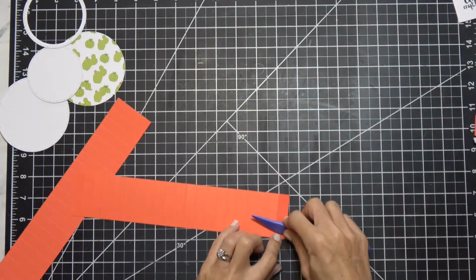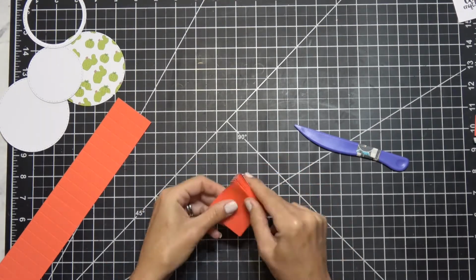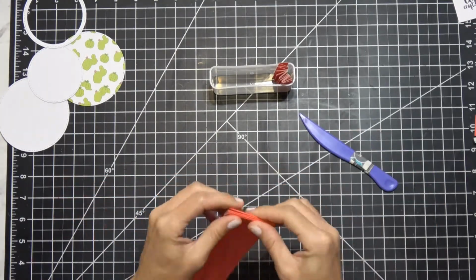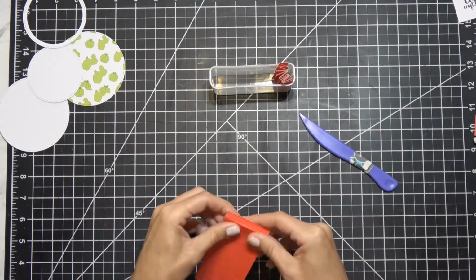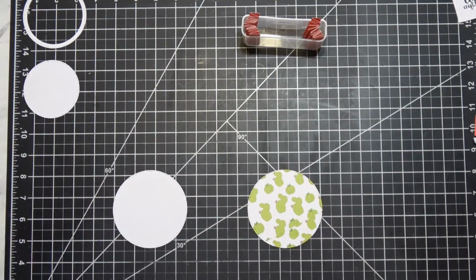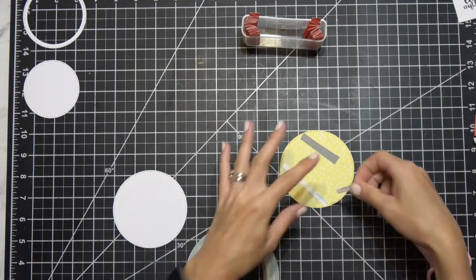Okay, now we've scored. I'm going to just take my bone folder, score that first ridge. I think it helps set the accordion. And I'm going to put it in my little doohickey there and let it sit. Don't know if there's any real truth to that, but I feel like it gives it a tighter accordion while I'm working. So now I'm going to go ahead and take my score tape and do the exact same thing